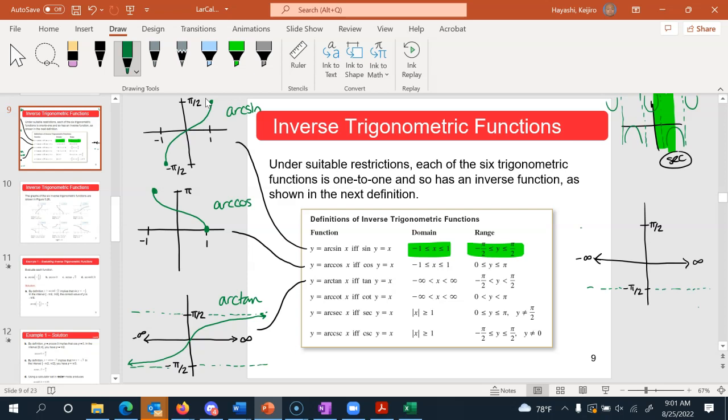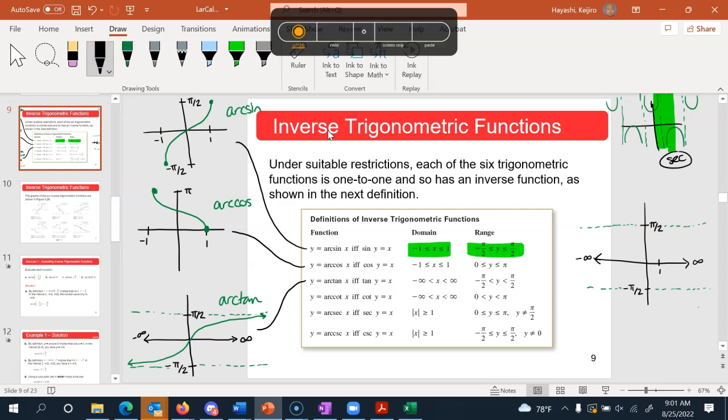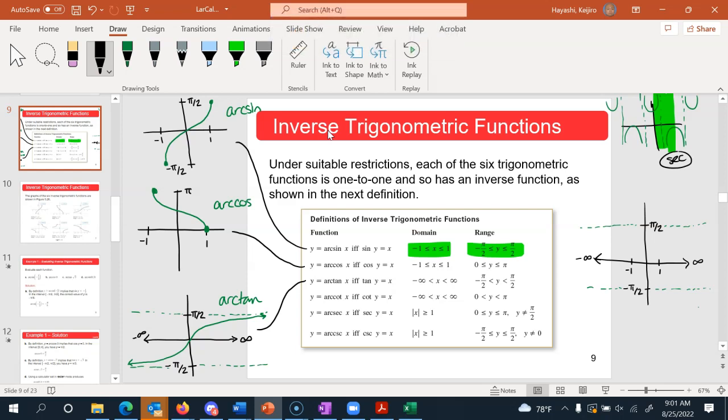Asymptotes here, and here. And if we took that and flipped it around, it would look like,